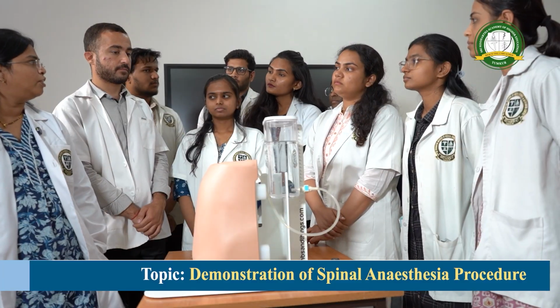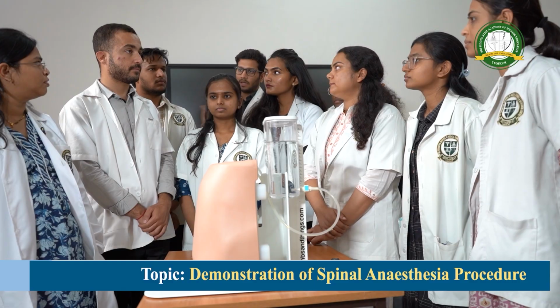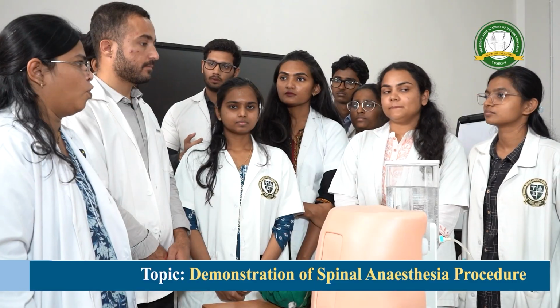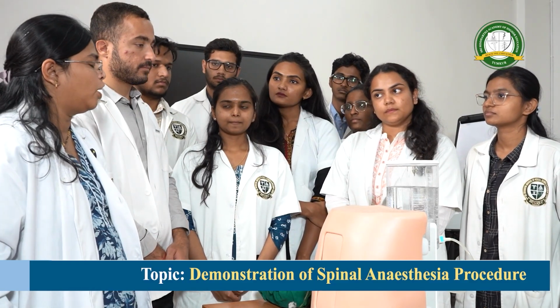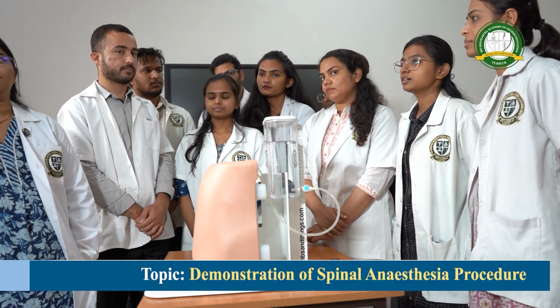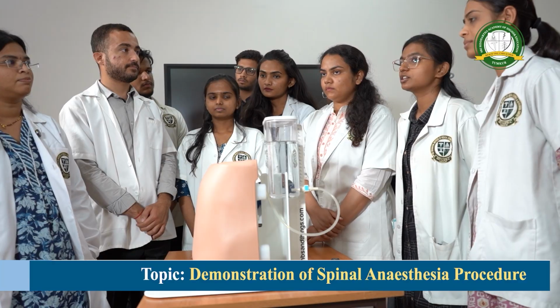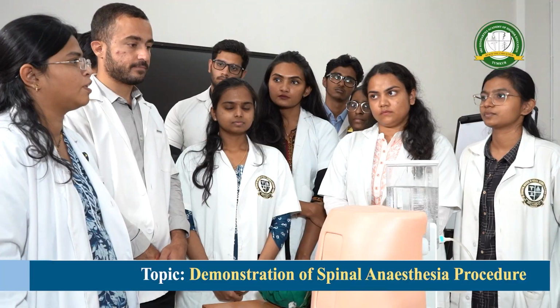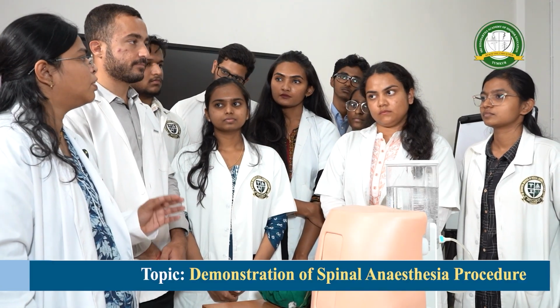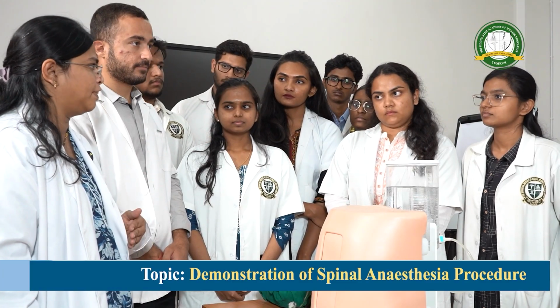pressure. Why are you not supposed to give spinal anesthesia in raised ICP patients? It may lead to brain herniation. That's why we don't give it. Okay. At what level does the spinal cord end in children and in adults? Ma'am, in adults it ends at the lower border of L1 and upper border of L2, and in children it ends at the level of L3. So we ideally prefer to give spinal anesthesia below the level of L2, in the L3, L4 or L4, L5 spaces.